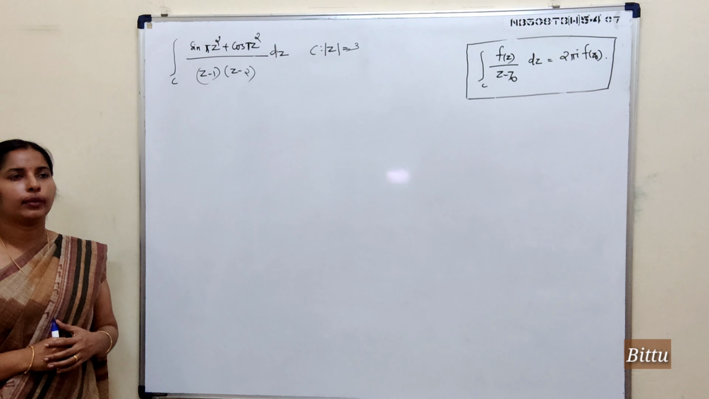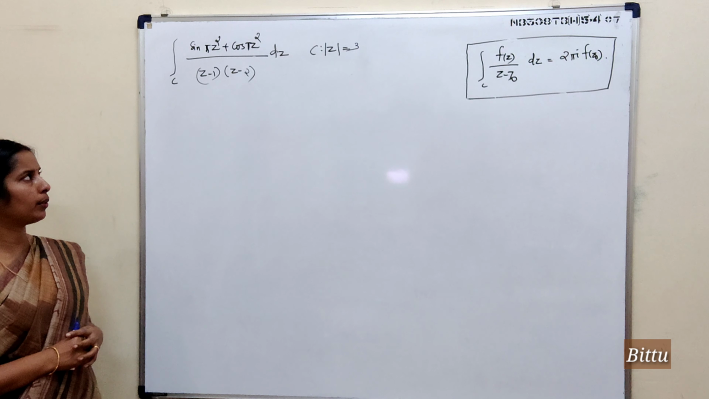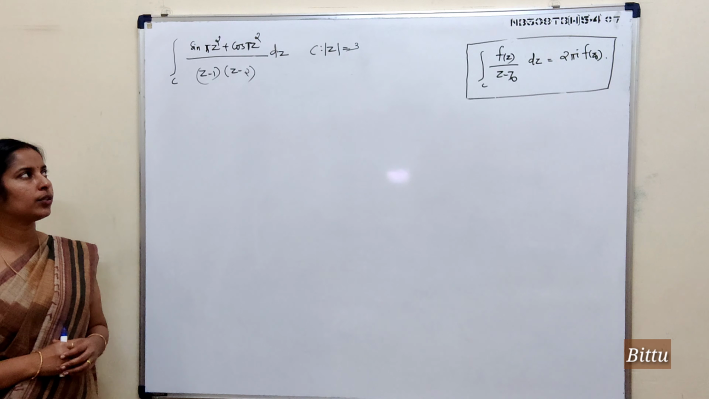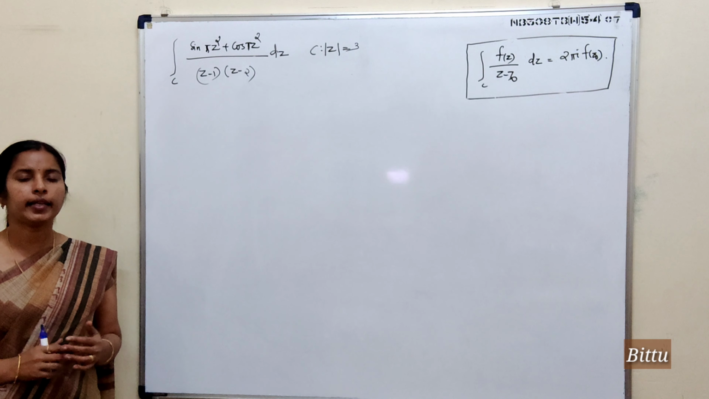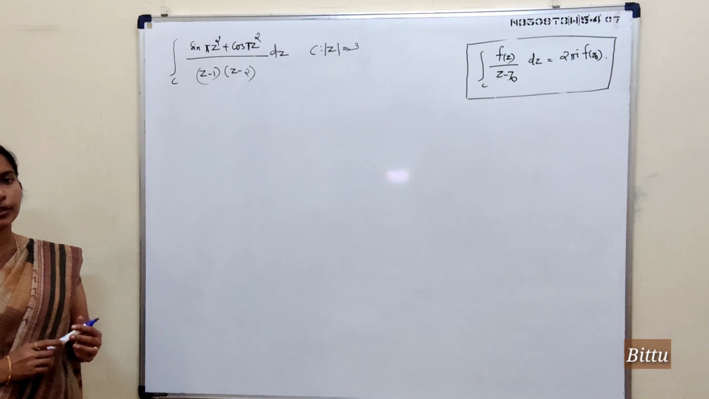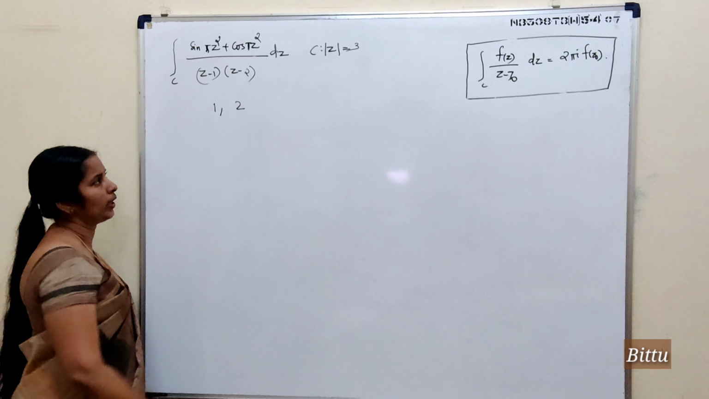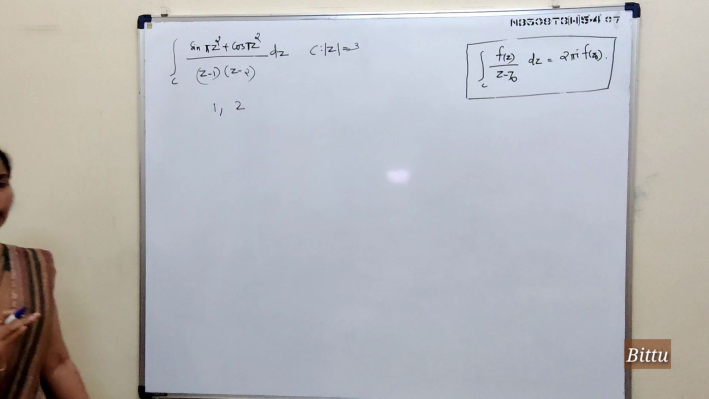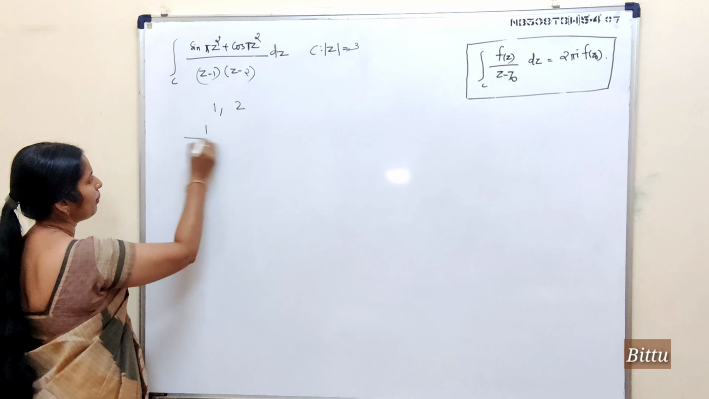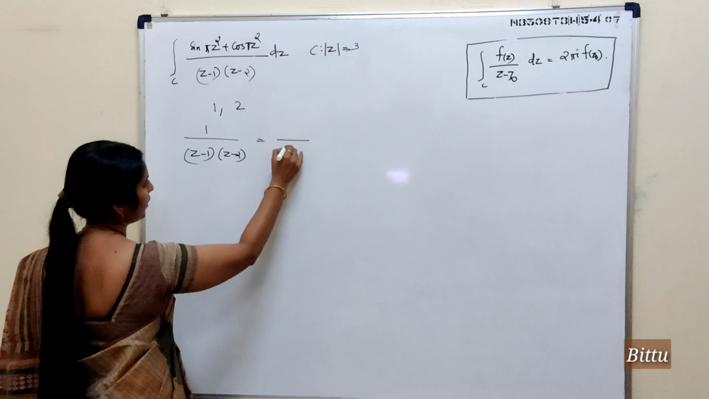Next you consider a similar question. The integral over C of (sin pi z square plus cos pi z square) by (z minus 1) into (z minus 2), where C is mod z equal to 3. Now you can easily answer this question. Let me show it. First we notice the singularities. Clearly it is 1 and 2. Both are inside of C. So we have to start with the partial fraction. You give the partial fraction of 1 by (z minus 1) into (z minus 2), and it is given by,